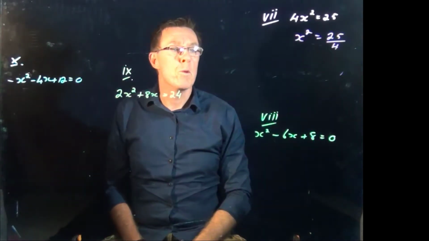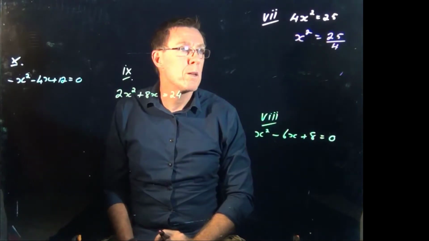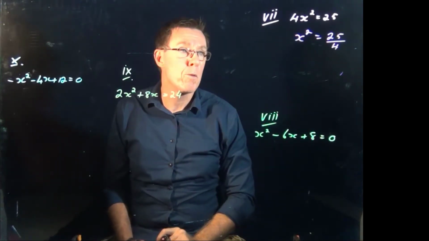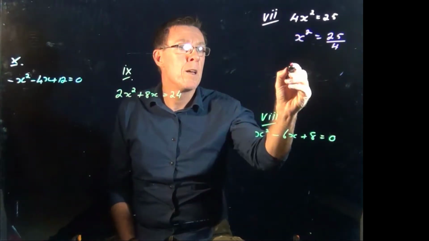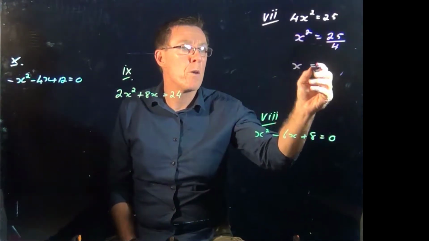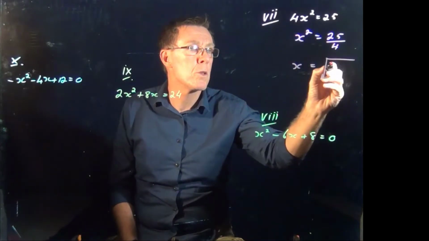Divide both sides by 4. You can do that if you want to and get, what, 6.25, but I wouldn't bother if I were you. Leaving it as a fraction is really just the best thing to do at the moment. Now if I undo squaring by taking the square root of both sides,